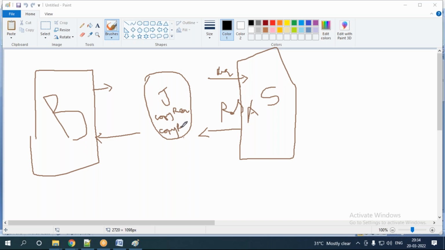It will take the copy of the response, and then it will send the response back to your browser. During the recording, what is happening? It is taking the copy of the request, and it is taking the copy of the response. The tool is doing that because your tool acts like a proxy server.